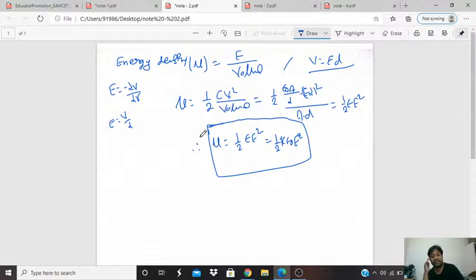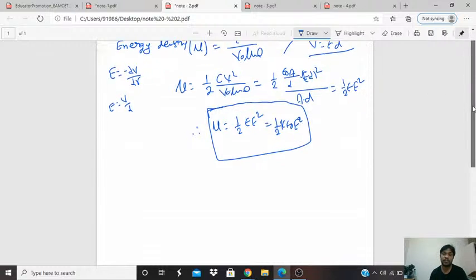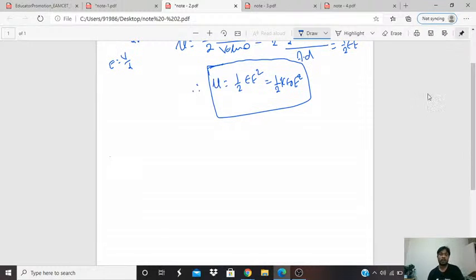Now in this energy stored in capacitor, we have applications. When a dielectric is placed between the plates of a parallel plate capacitor, what about the energy stored? Generally, dielectric means